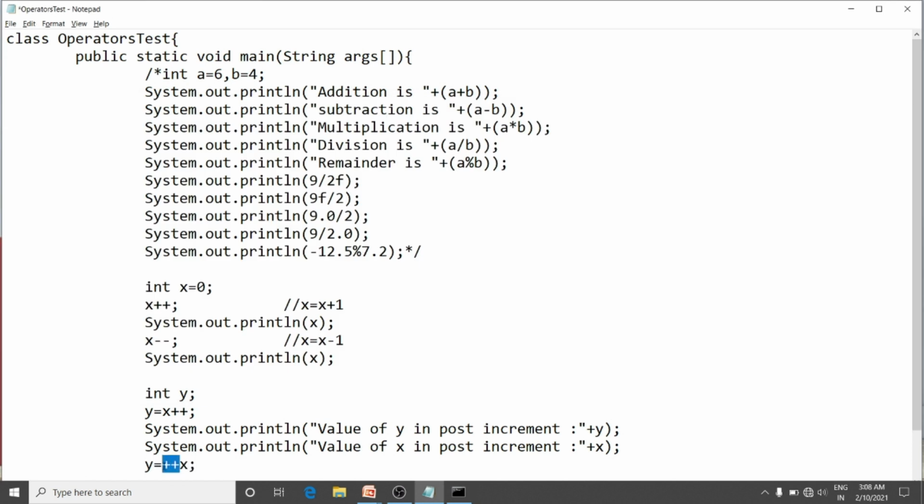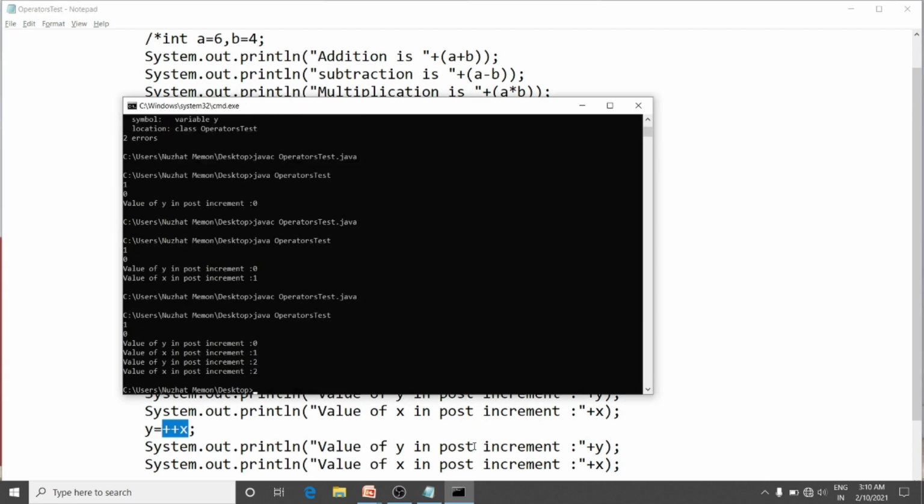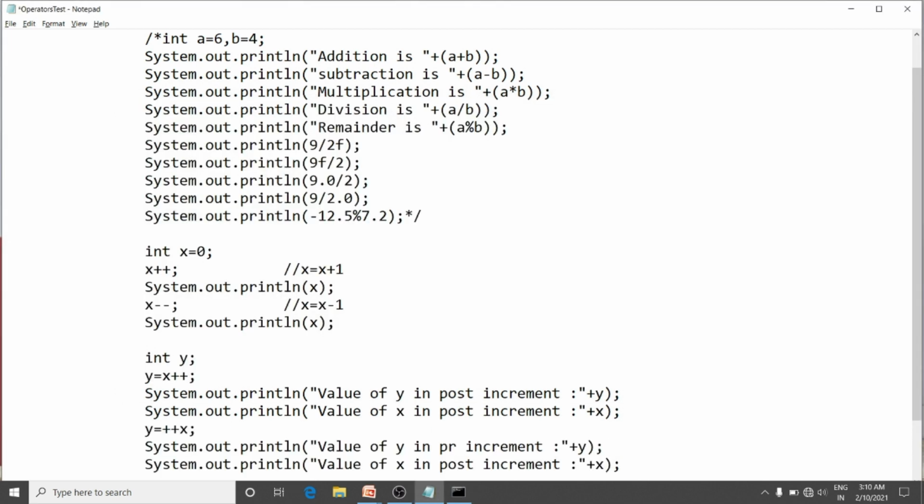This increment operator plus plus is before the variable x. So this is pre-increment. In pre-increment, you have to increase the value of x first and then assign that value to y. Here the value in the previous step was 1. So 1 plus 1 is 2 and the value of x is 2. So the value of y will be 2. Just I have to change it to pre.